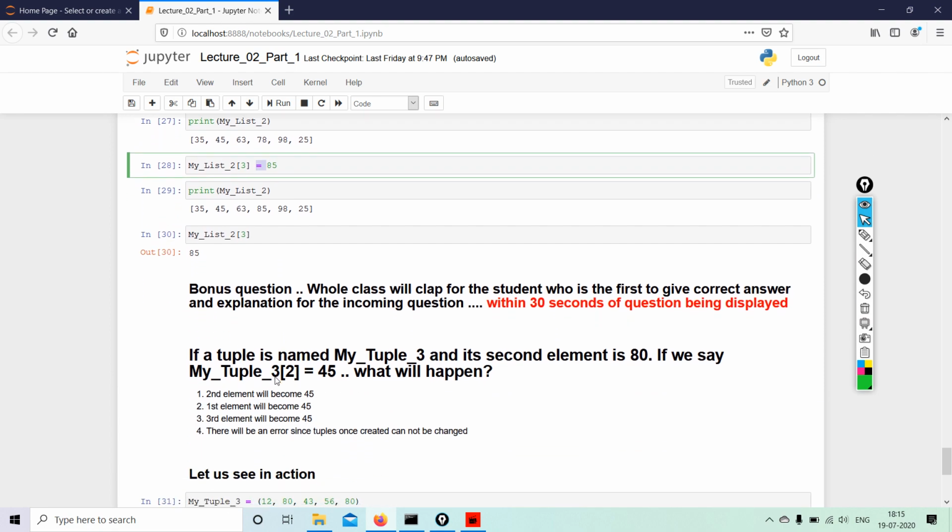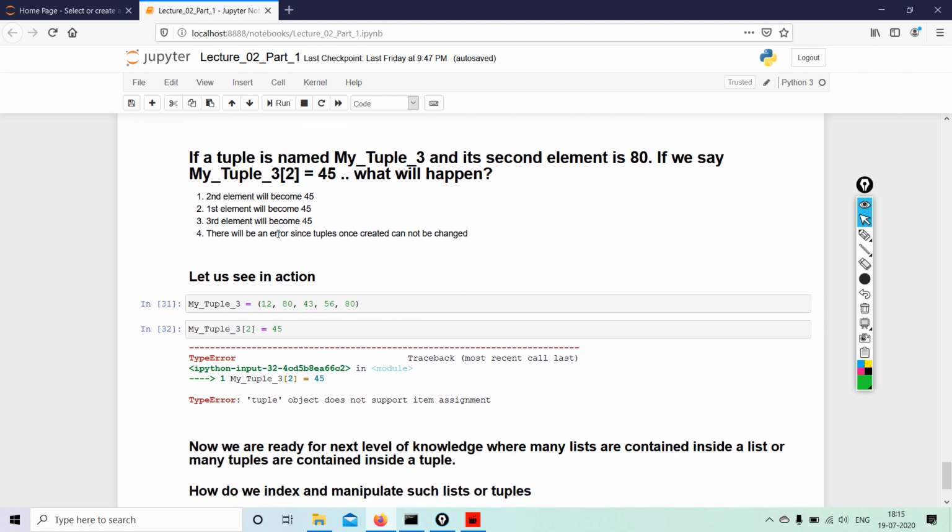Now bonus question, if a tuple is named my tuple underscore 3 and its second element is 80, if we say my tuple, which is the second element, means something that is lying on the third position, right? So second element, third position, I have 45. I want it to change to 45 from 80. So now my second element will now be 45,